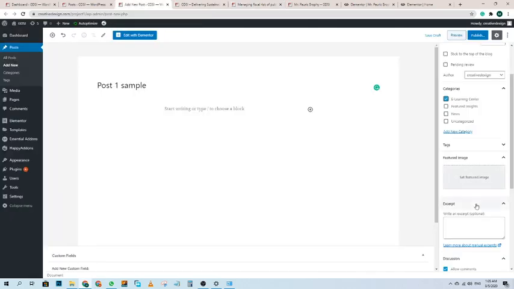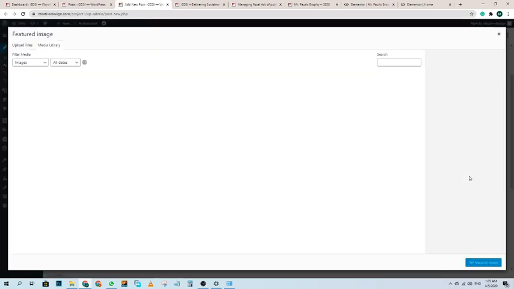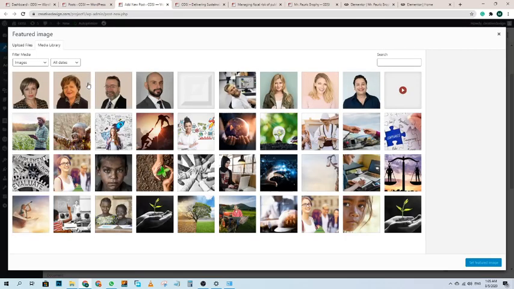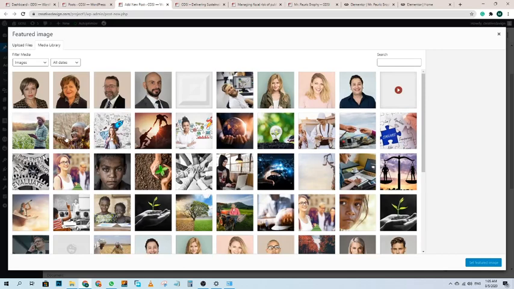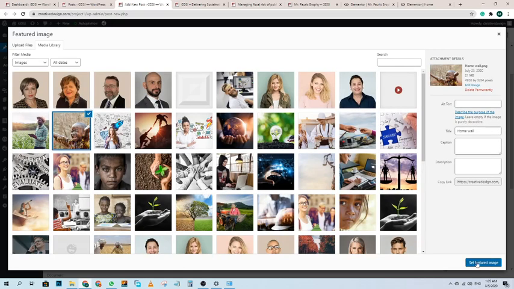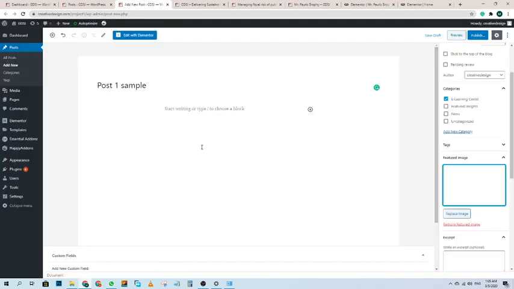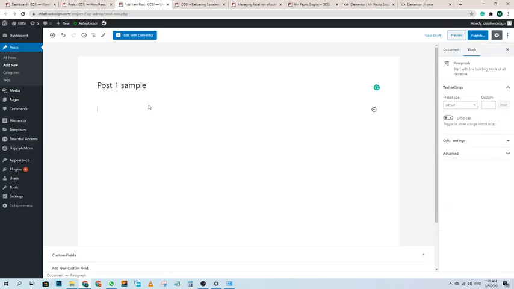So you have to click on this featured image box, set featured image, select the picture. I am selecting this picture. Okay, and then you can add the dummy content. You don't have to add the content right now.